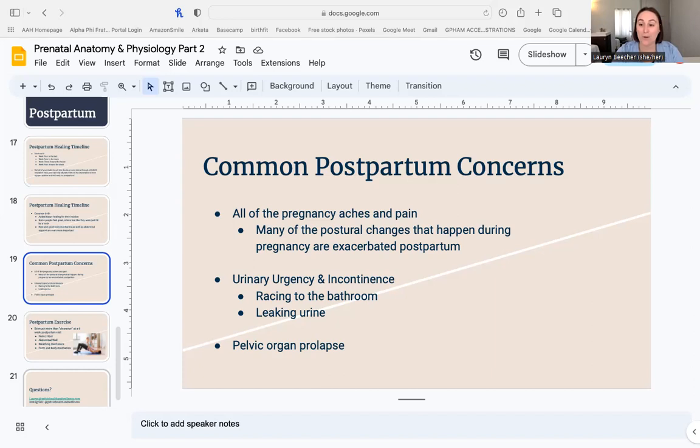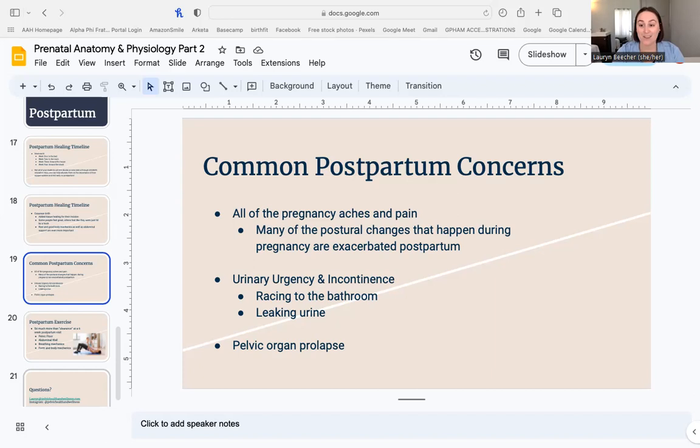But with pelvic organ prolapse, or POP, what it is is this extra mobility throughout the organs of the pelvis. So that can be the uterus, the bladder, the rectum, where instead of sitting up nice and high in the pelvis, they're drooping or they're dropping down. So people can feel a lot of pressure, heaviness. They might feel a little bit of a bulge or a lot of a bulge. So one thing that we're able to control with POP is someone's pushing mechanics and the rest that they take postpartum.